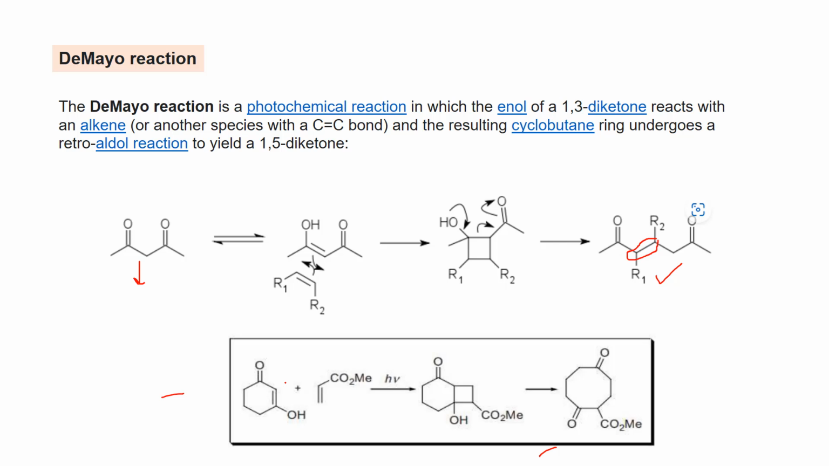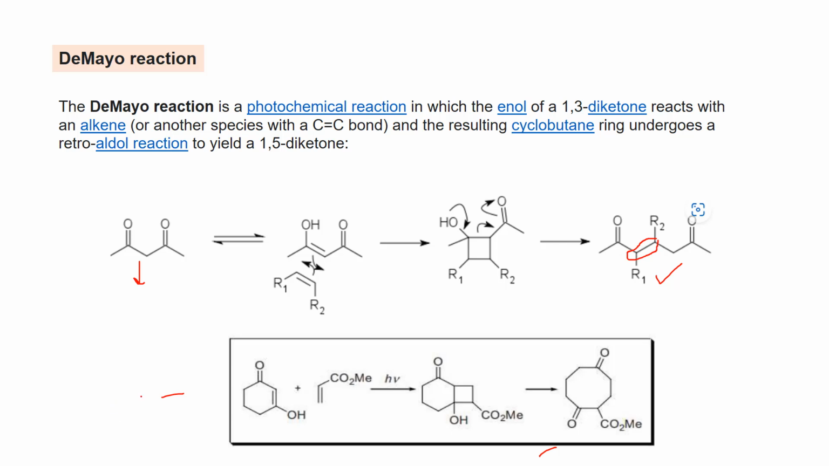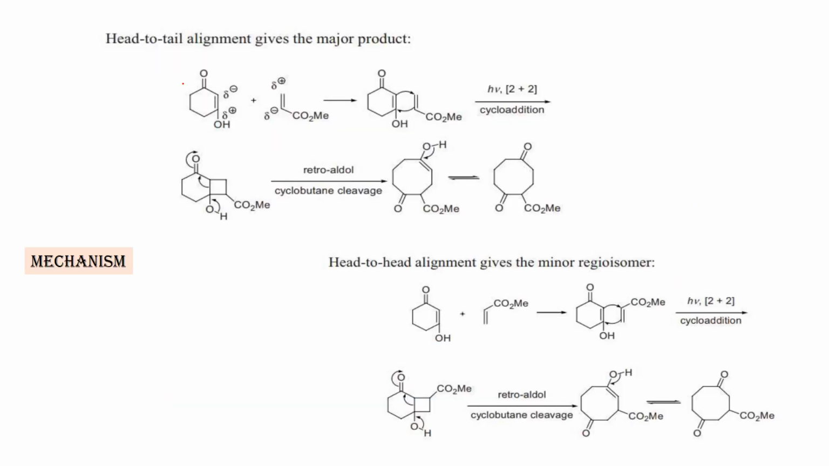So if we go into the mechanism part, here also it will undergo a 2+2 cycloaddition reaction, forming this cyclobutane. Then it will undergo the retro-aldol reaction, forming this 1,5 diketone. Now head to tail alignment gives the major product, like if